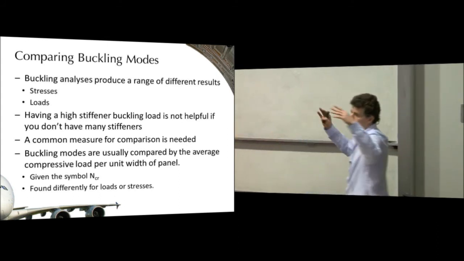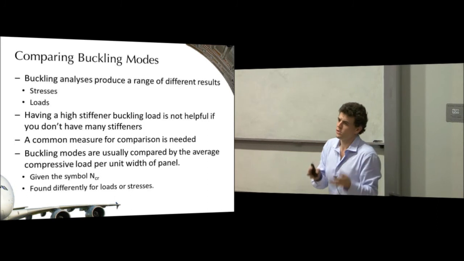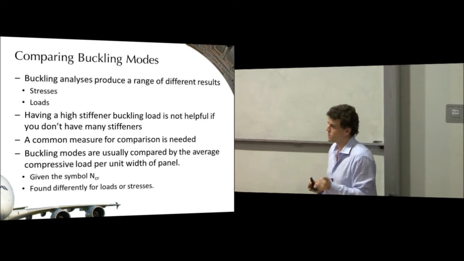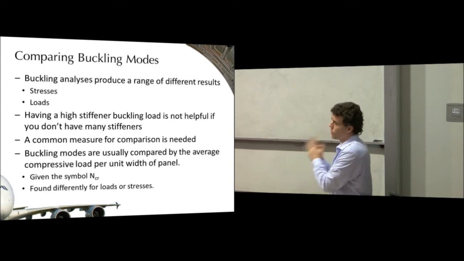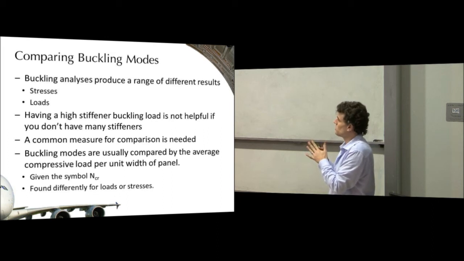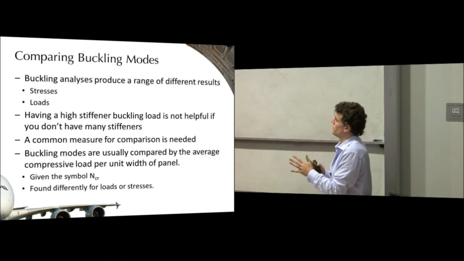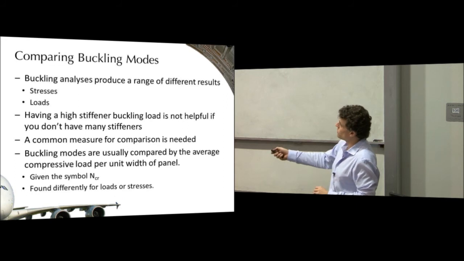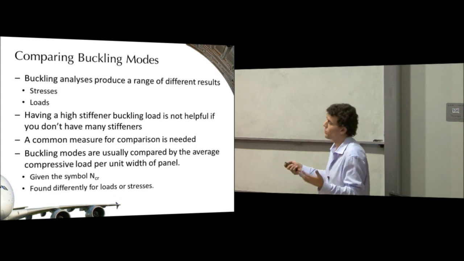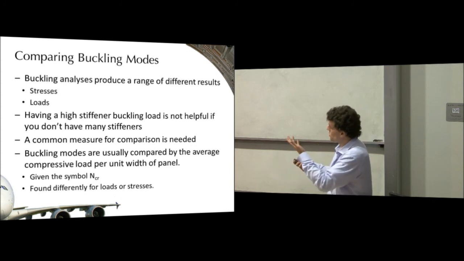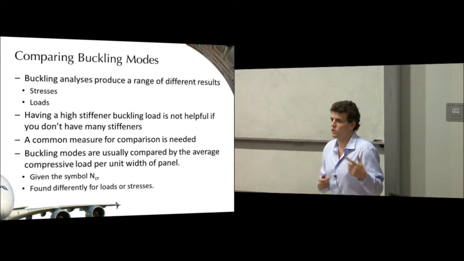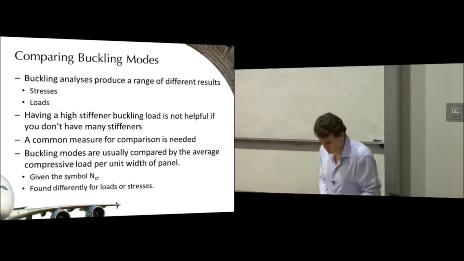We need a way of comparing stresses that we get from some of our calculations, like local buckling stresses, to loads that we get from global calculations. And we need a common measure, and the common measure we normally use is the average critical compressive load per unit width of the panel. Loads are in newtons, for instance, or in pounds. Stresses are in newtons per millimetre squared, or megapascals, or in PSI. What we use is the intermediate between the two. We use loads per width on the panel,